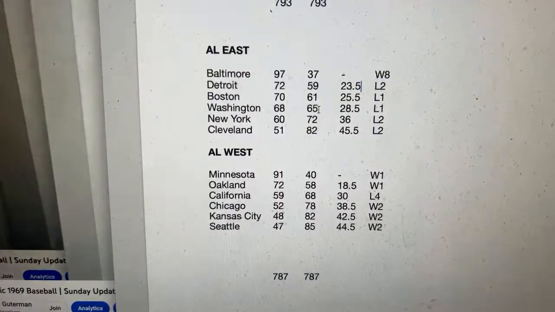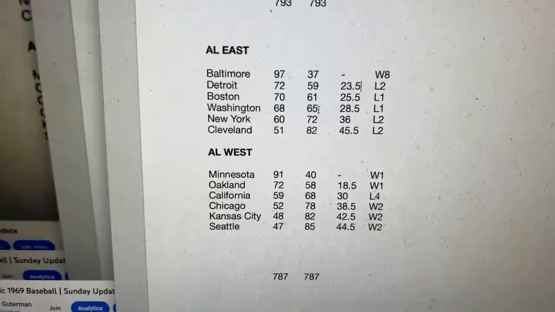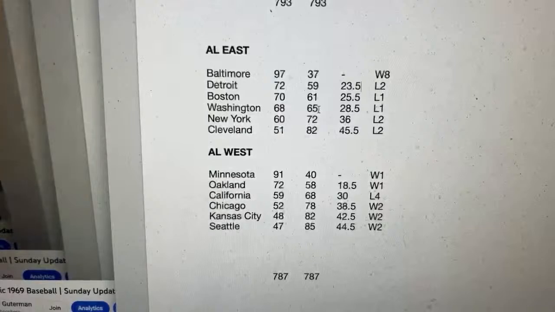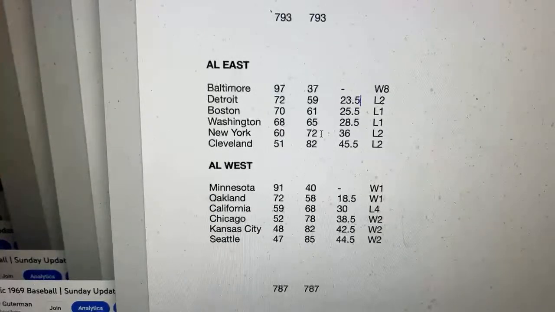That's 29. 47, 57, 67, 28. That's correct. 37, 67, 72. That's 37 and 35 is 36. 90. That's 46. 46 and 45 is 45.5.